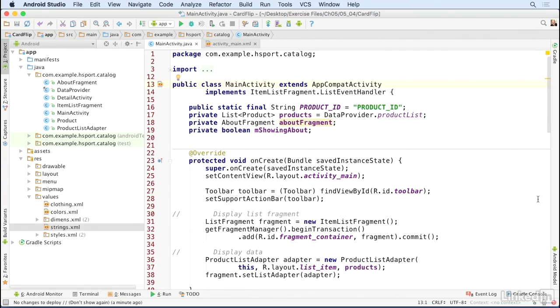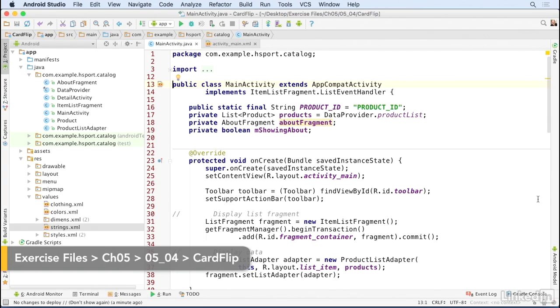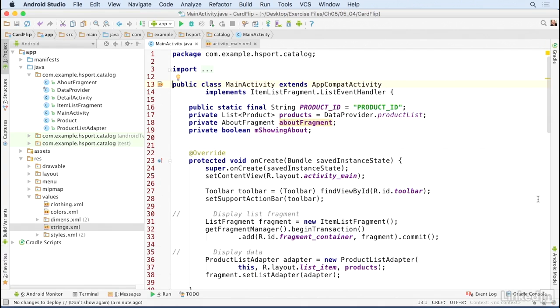A card flip animation involves two different screens. When you switch from one screen to the other, you flip the screens horizontally in one direction, and when you return, you flip back in the other direction. I'm going to describe how to implement this sort of animation in a version of my project that uses fragments